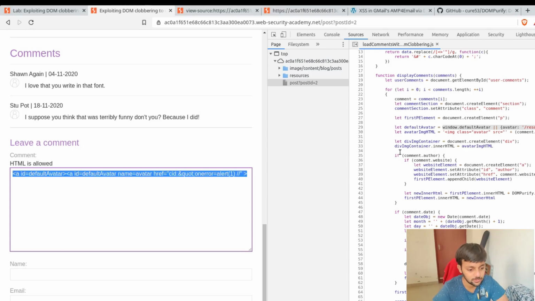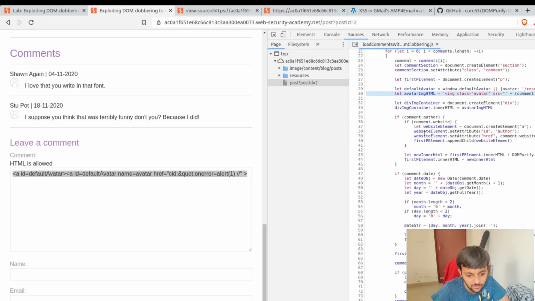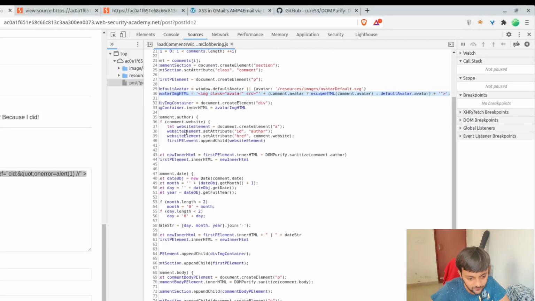Then you could close this. So what it essentially translates to is, when window.defaultAvatar is selected, this value would be selected, like these would be the values. And when that particular function tries to access the avatar, like in this next line, if you see here on the right, so let me, okay,